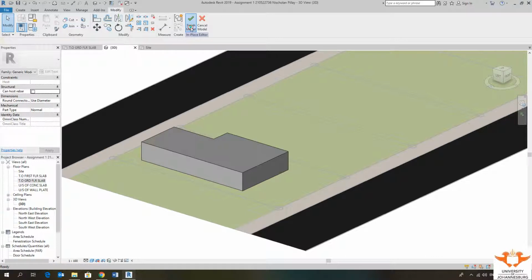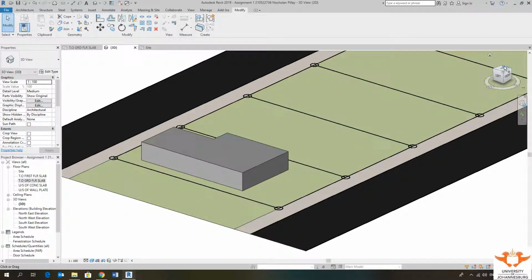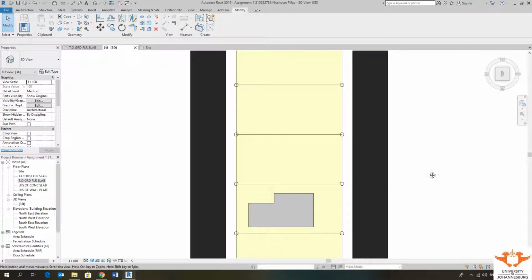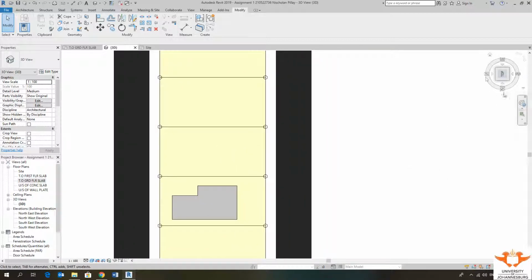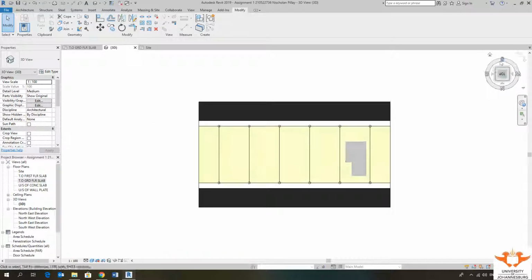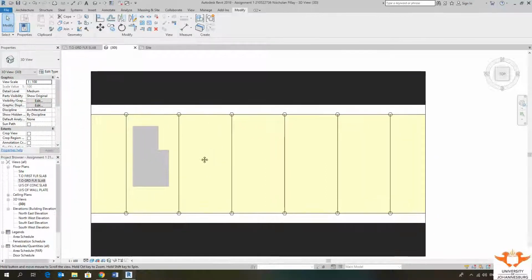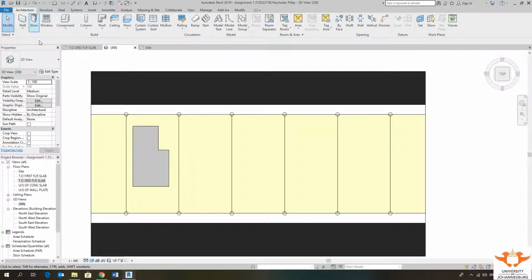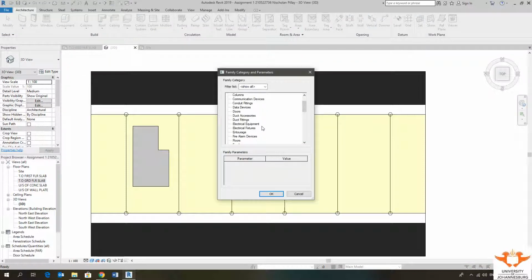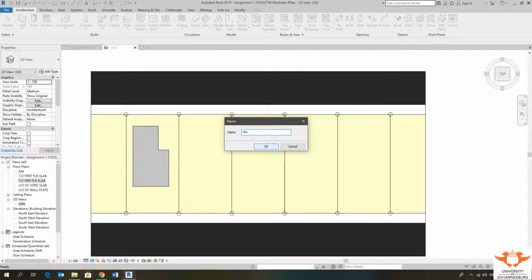Okay, so we're going to say finish model, and I'm going to go through this again one more time, and we will create another little block, and then I'll show you different methods of tweaking these blocks. Okay, so once again, under your architecture tab, component, model in place, we're going to scroll down to generic models, click OK, and we're going to say house 2, click OK,